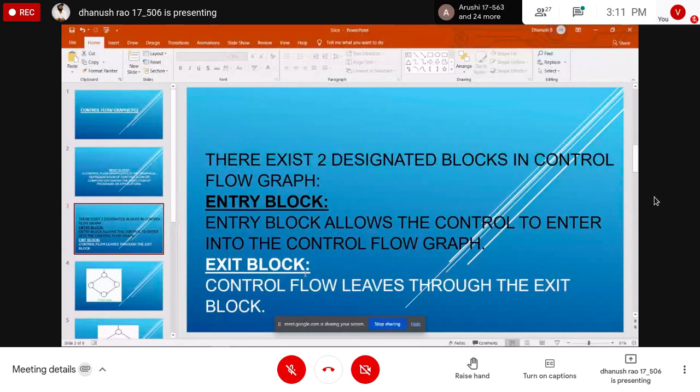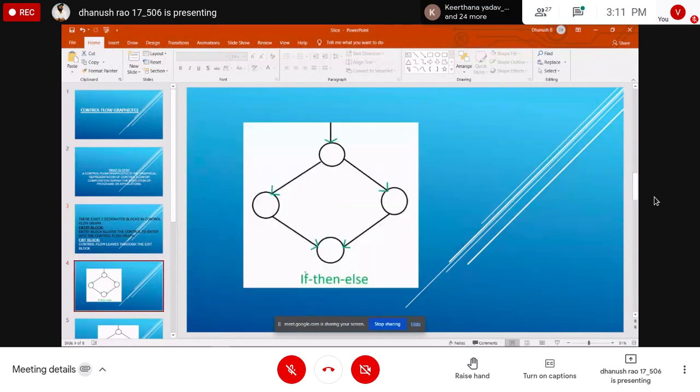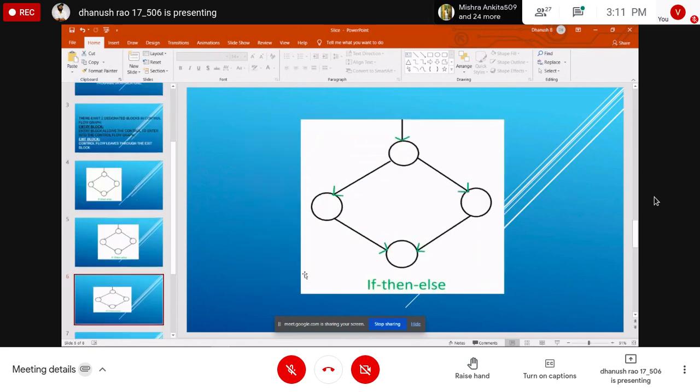The control flow graph is different for every loop. In if-then-else, firstly we give a condition; if the condition is satisfied, it goes to the true part, or if the condition fails, it goes to the other part. The same applies for every loop.